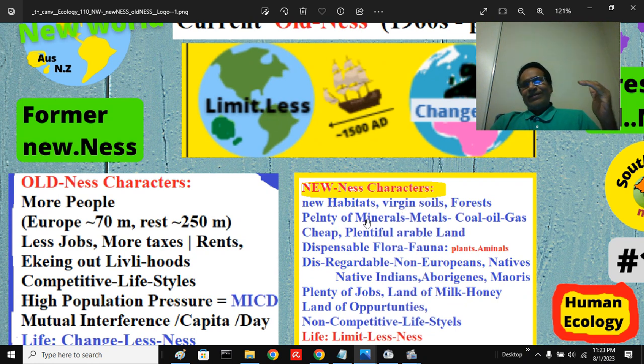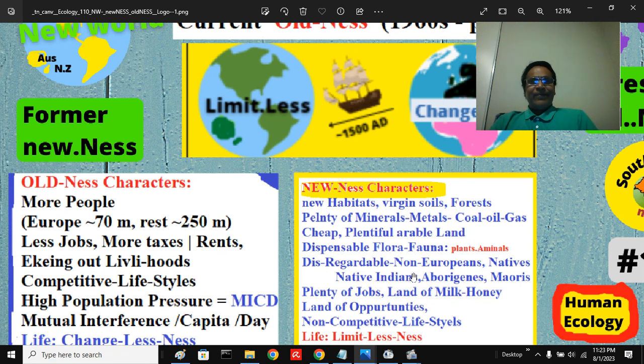Plenty of minerals there, plenty of metals, plenty of coal, and plenty of oil discoveries, natural gas. That means the land was very cheap, plentiful farmland, and new immigrants can get in this new world. The New World has dispensable flora, fauna, plants, animals. They can clear all these prairie grasses, pampas grasses, and all those areas and take the land for their